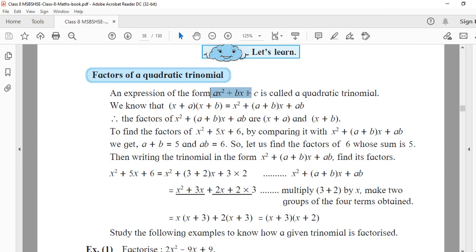आपको पता ही होगा क्वाड्रेटिक इक्वेशन क्या होता है। An equation with the highest degree 2 is called a quadratic equation. You can see an example over here. Okay, अब